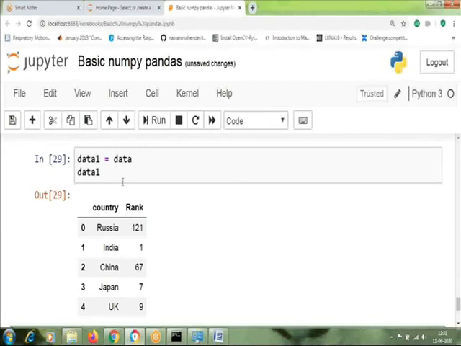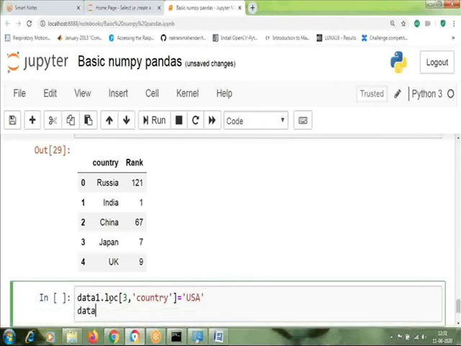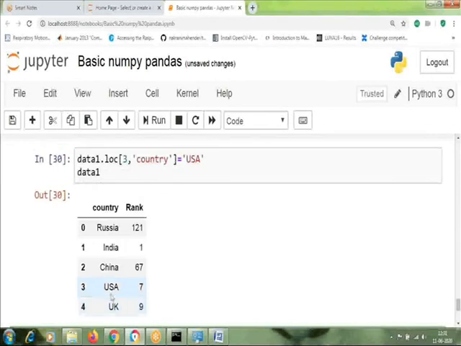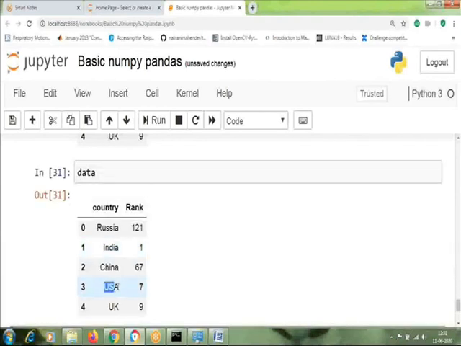So if I make a change, let's say I again change that particular Japan into USA, so now I'm changing it back to USA. You can see in data 1, it has changed to USA. And if you look into data again, here also it has been changed to USA.